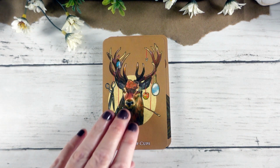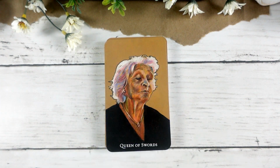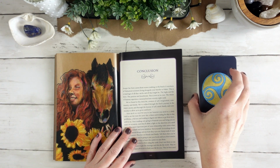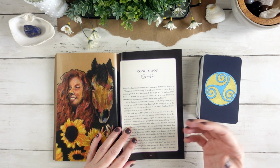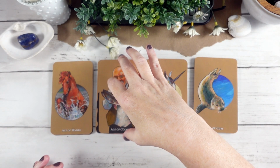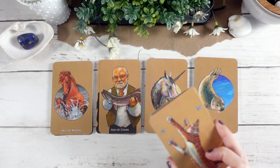This is tarot at its core, the whole of human experience summarized into 78 cards. I am on board with this being a deck of connecting to the human experience, which I also feel is the core of tarot as well. So I've divided my deck back up into its four suits and its major arcana